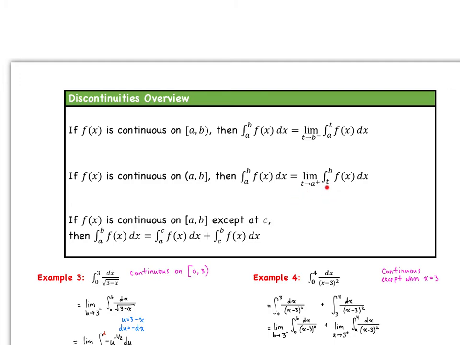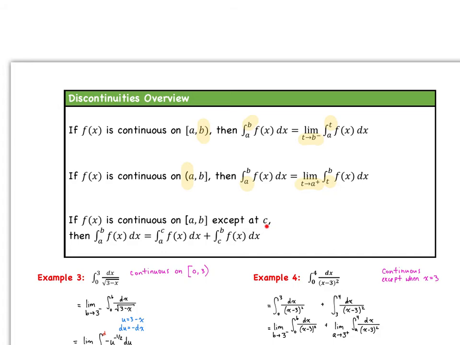Of the integral from t to b. So just some things to kind of look at. Again, up above, if it's not continuous at b, we're going to change that guy. If it's not continuous at a, we're going to change that lower limit. Now, what if we have f continuous on the closed interval, but not at some point c that's